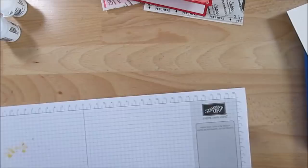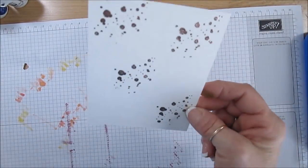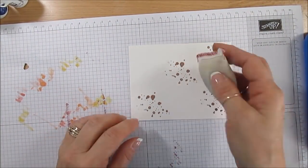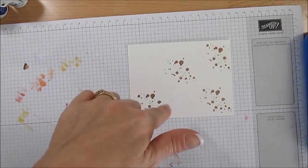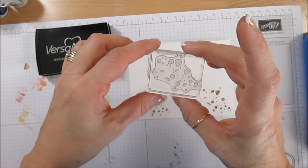I need a scrap paper. I've got a dirty one here we're going to use, and we're going to use watercolor. I like to use watercolor paper with Brusho. Now you're going to take your embossing buddy and go all over your paper, and I did some of it so you don't have to wait for me to emboss all that, using Versamark,